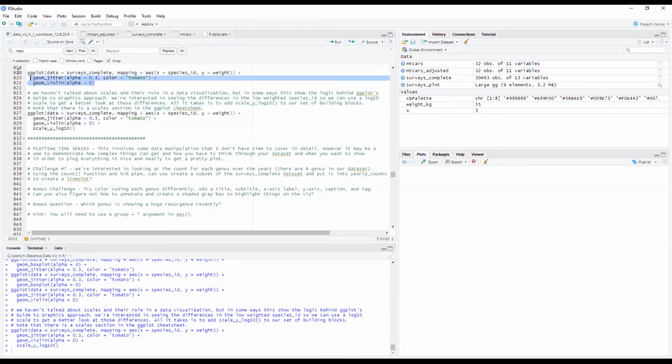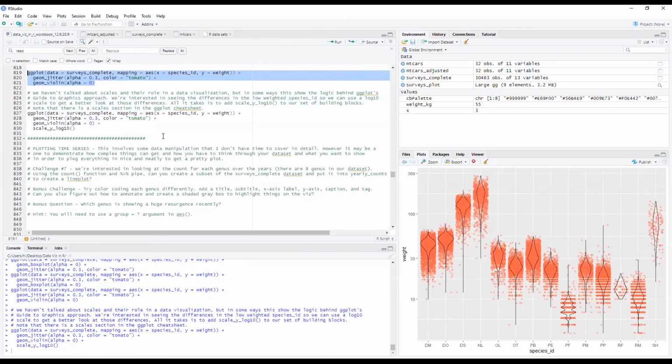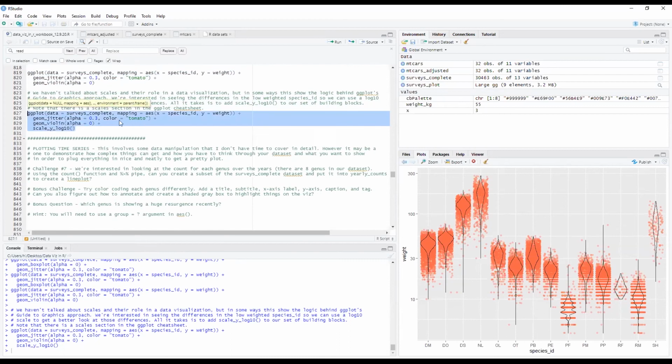So this was a violin plot that I created. There's a little part that I wanted to talk about: violin plots and how they're different from box plots and why they're nicer than box plots. What you're seeing here is this particular line of code, and it's supposed to highlight the violin plot, geom_violin. Alpha is set to 0 so that there's no fill within this violin plot. It's totally transparent.